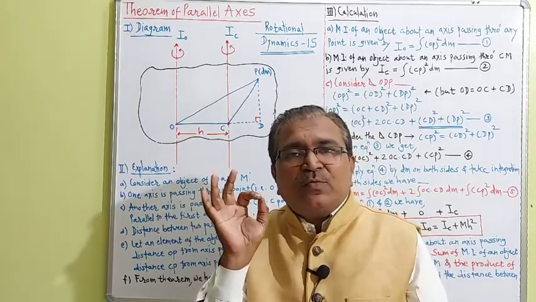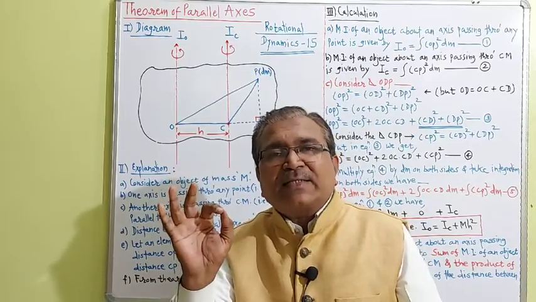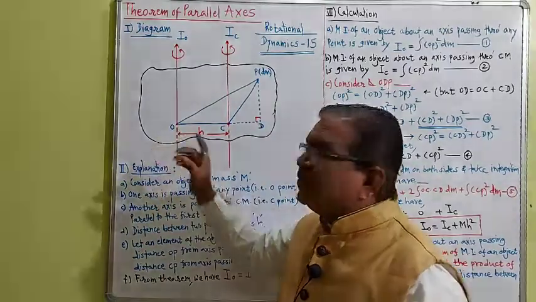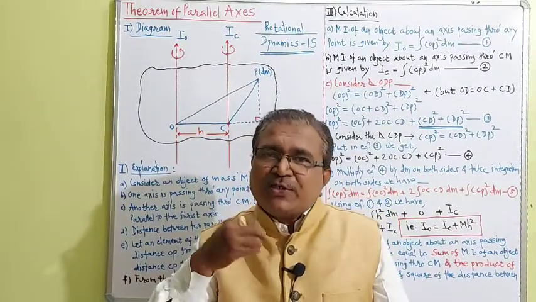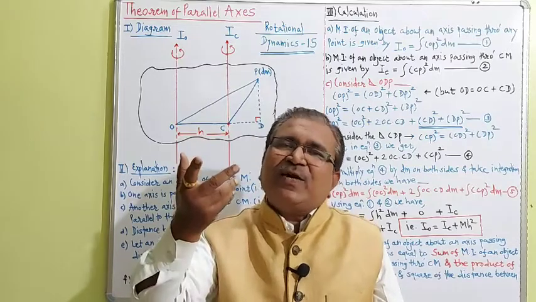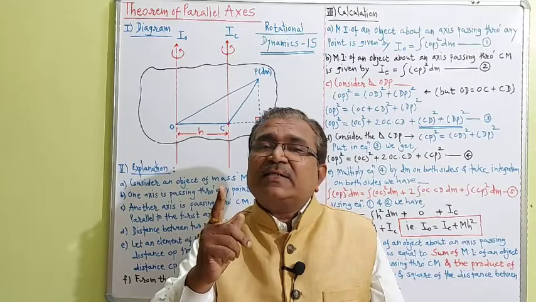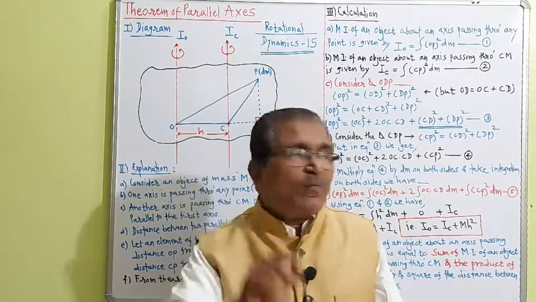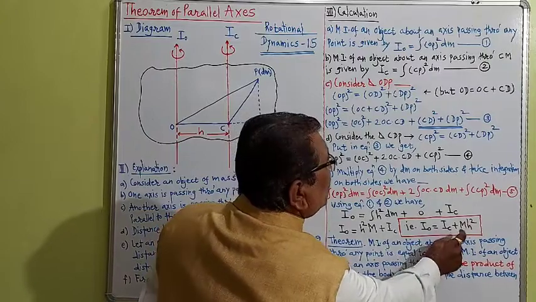It is passing through O point, but we have assumed that O point is any point. Moment of inertia of a body about a parallel axis passing through any point is equal to the sum of